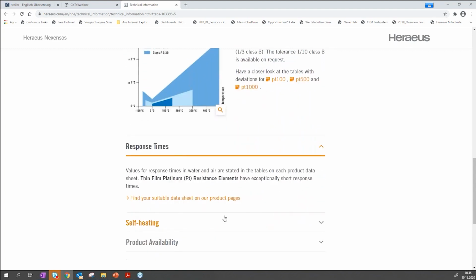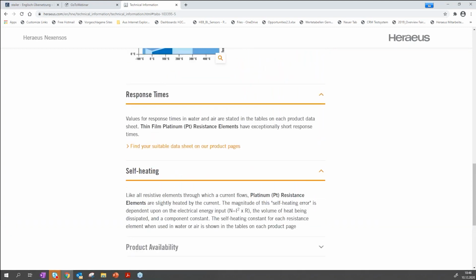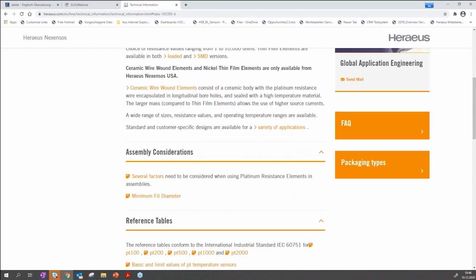Here is also a description about the response time. Typically, it's highlighted on the data sheet, but as I tried to explain before, the essential parameter is how you code, how you protect your sensor itself. We have for sure also the self-heating, what is meant with self-heating, and what's also really nice, please play with